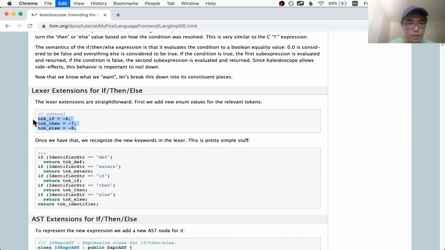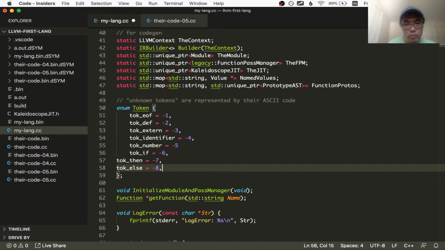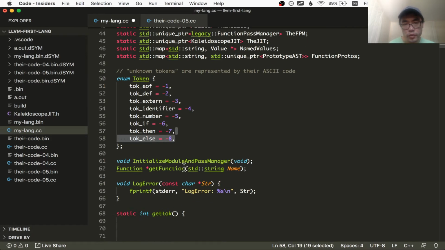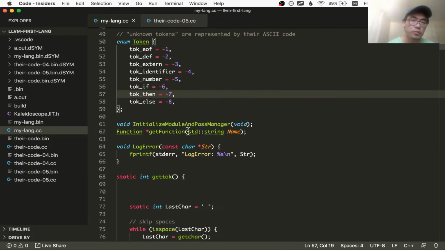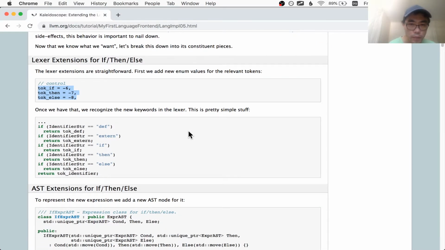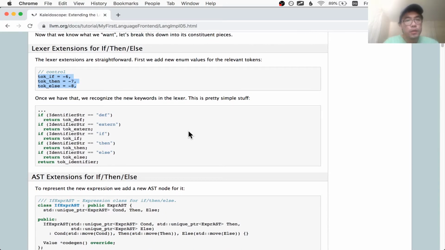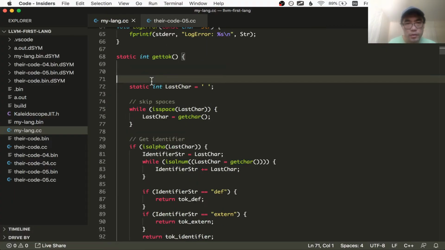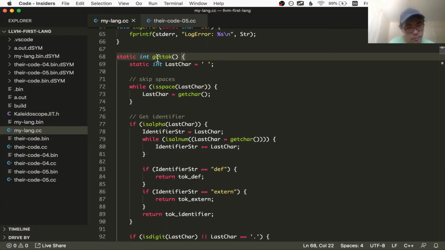So I'll just copy these in. I won't bother typing them all out because this is very straightforward, and I wouldn't be learning that much by typing it all out. Now we need to recognize the new keywords in the lexer. This is actually easy because we already have an example of how to do that. So this gettok function is responsible for